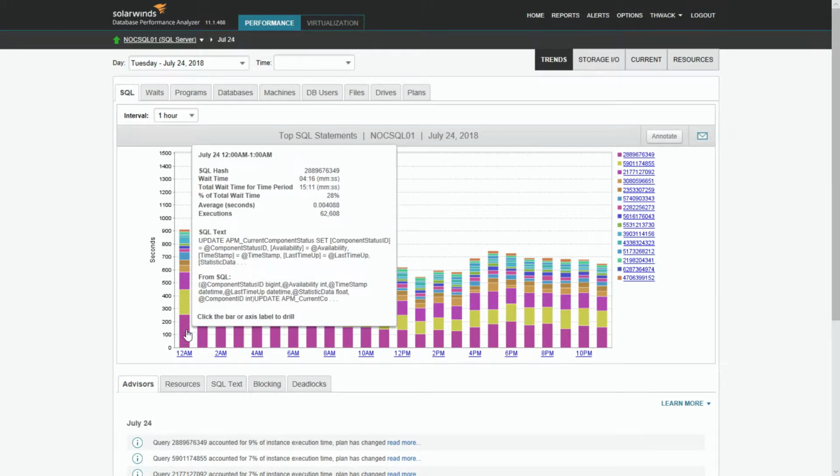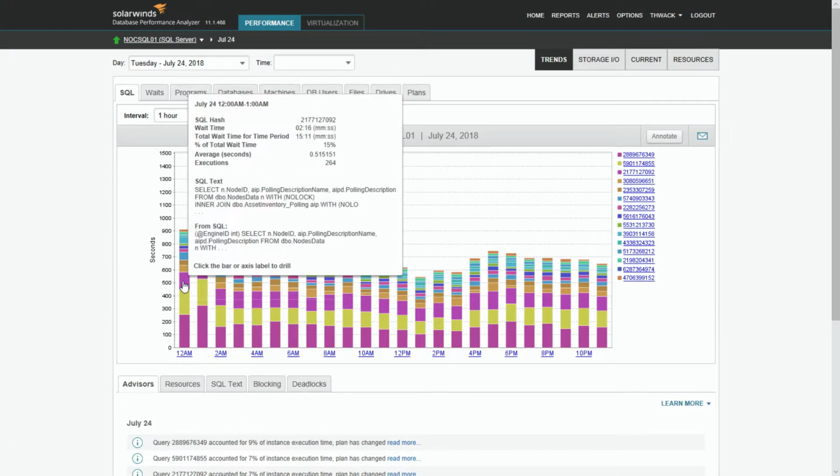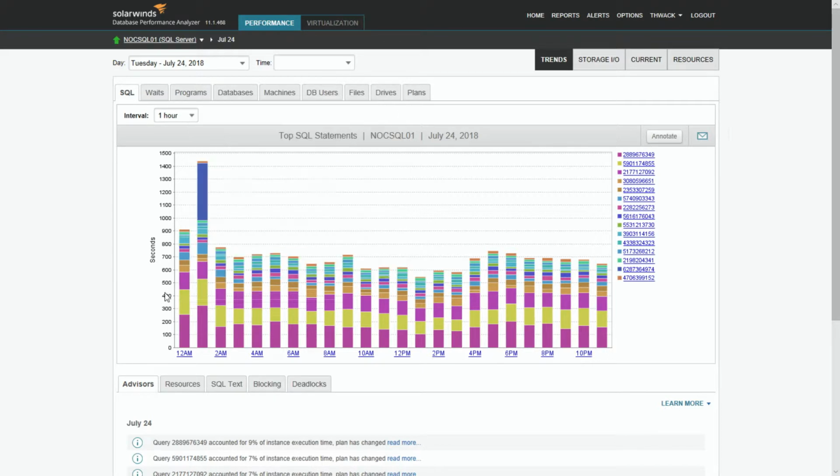So what's this? This is the APM. What's this query doing? Another update APM. Selecting a node with no lock, the magic fast button, I guess. And so you can just get an idea of what the workload has been for in a day. You mentioned baseline, right? So this is kind of a baseline for me, maybe for that day, have an idea of what a typical day looks like. But I haven't answered the question yet, is it a problem?